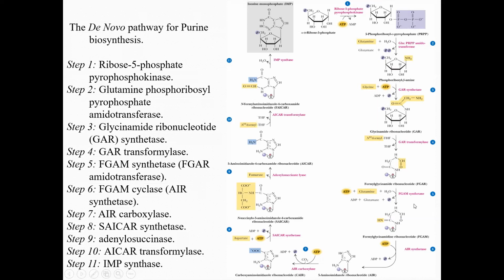FGM synthetase, here the enzyme name is synthetase because it just transfers amino group from glutamine. We can also put here name the transferases, okay, because it just transfers the amino group of glutamine to this compound and leads to the formation of formyl glycinamidine ribonucleotide. And this formyl glycinamidine ribonucleotide in presence of enzyme synthetase, again one molecule of ATP required in this pathway,